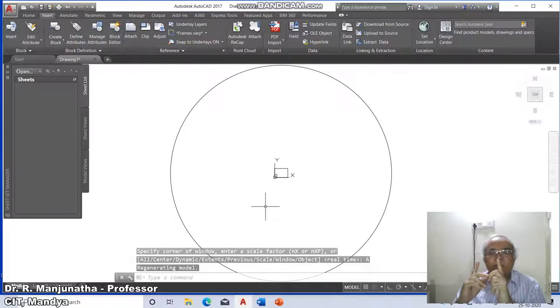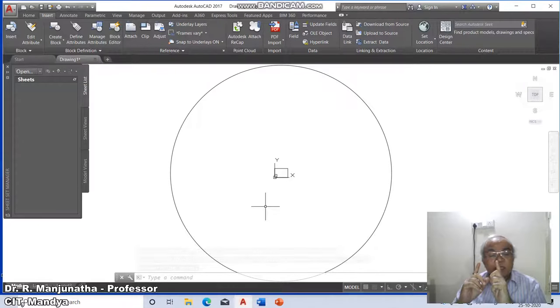Why is it taking that particular value? That is basically because the limits are by default switched off. The limits are by default switched off, or else it will always regenerate the drawing to the limits which we have been considering. So henceforth the limits will always be off, so we can say zoom all.